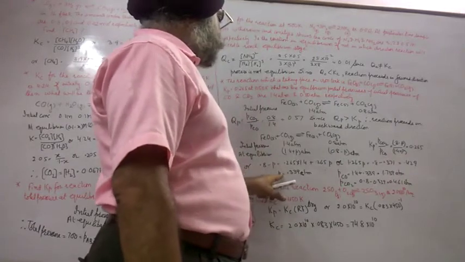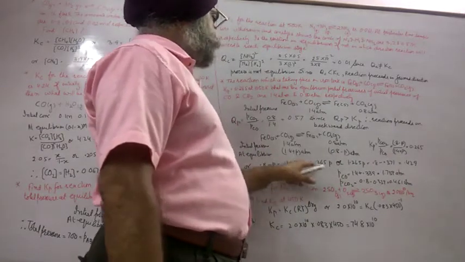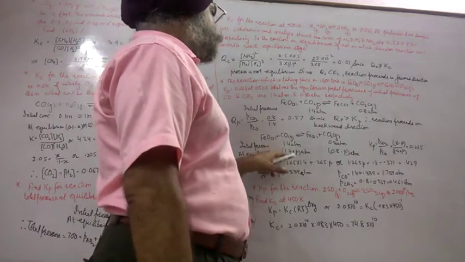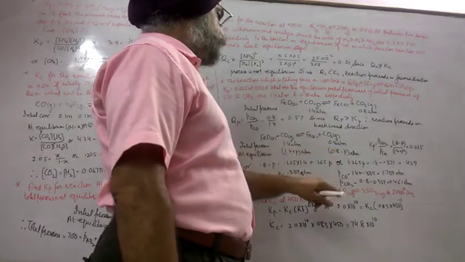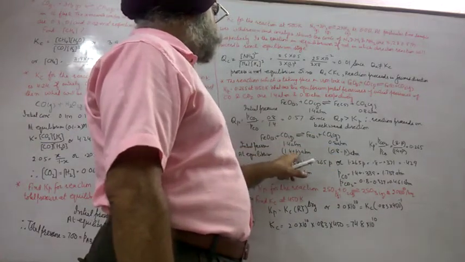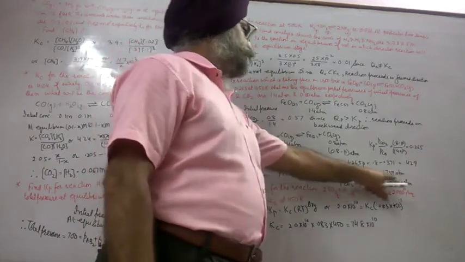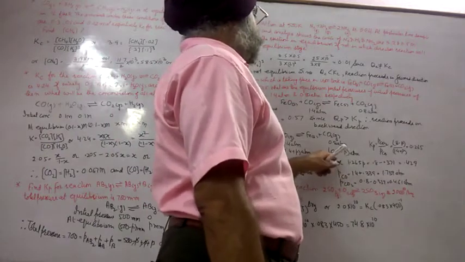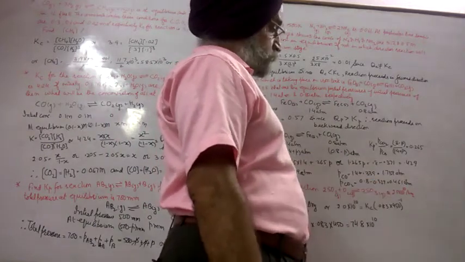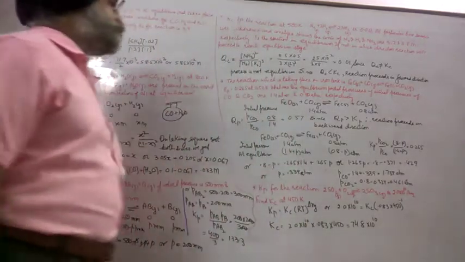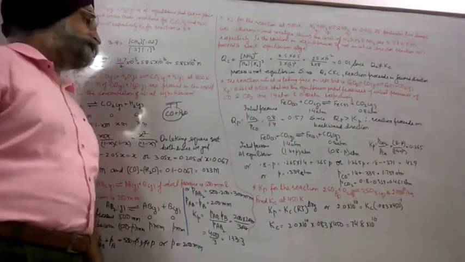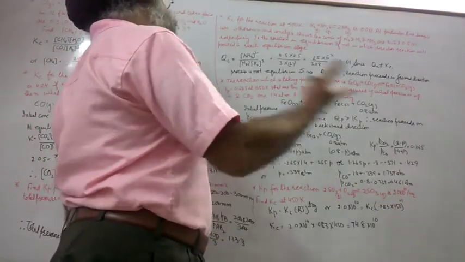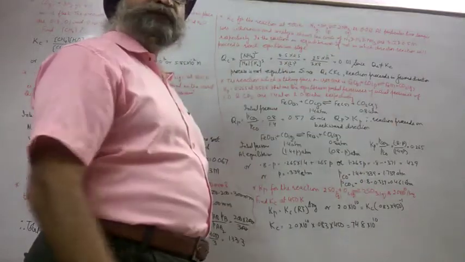On rearrangement, we get P equal to this much. But that is not the answer. The answer for CO should be this one, and for CO2 this one. So partial pressure of CO is 1.4 plus P, which gives this much. And the partial pressure of CO2 at equilibrium is 0.89; you have to subtract this value. In this way, this numerical is considered very tough because initially we don't know in which direction the reaction will proceed, where we have to use the minus sign and where the positive sign.